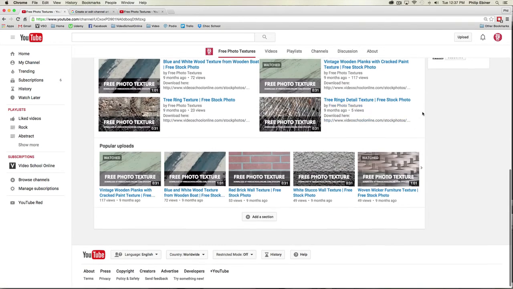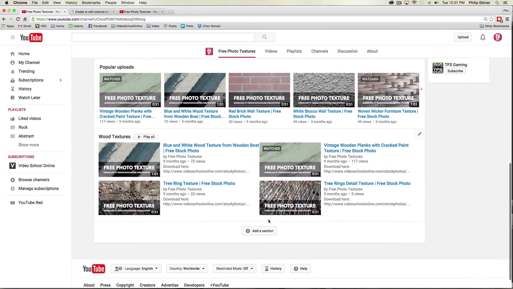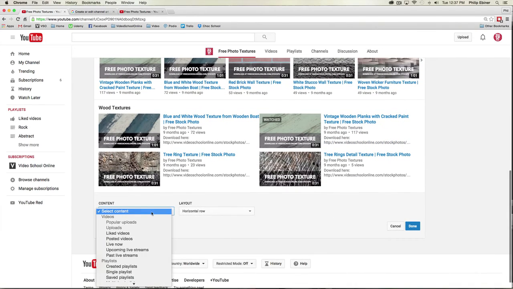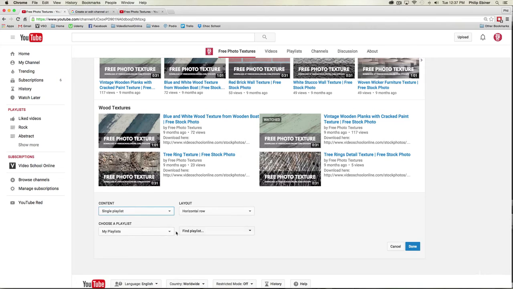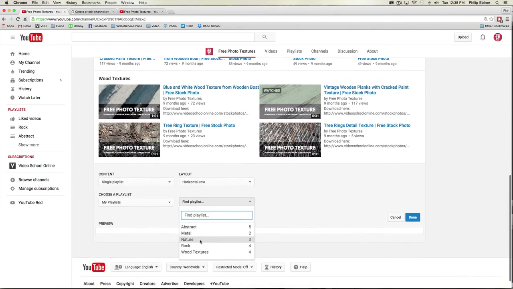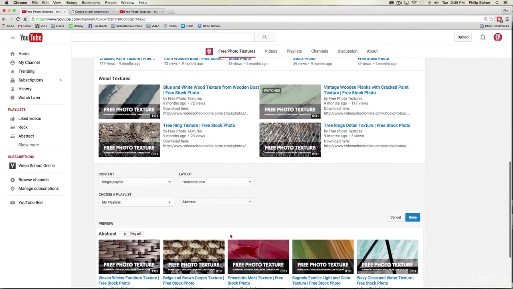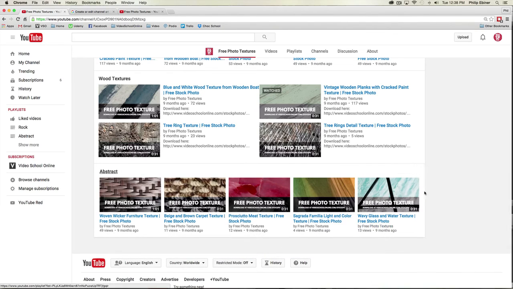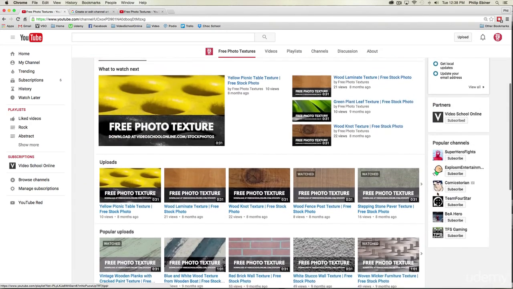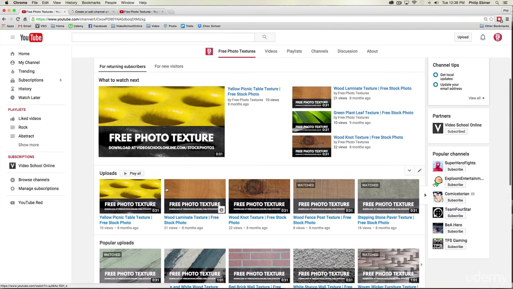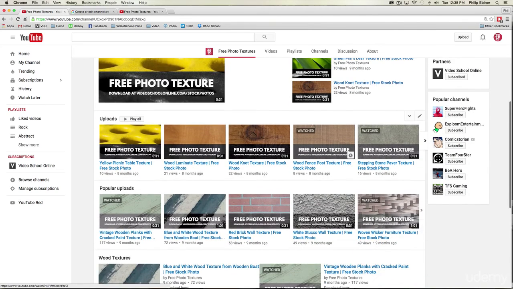And again, you can move it up or down or around. So I'll just do that one more time. Add section. I'm going to create a single playlist. I'm going to find one of my playlists and I will do abstract. And this time I'll just do a horizontal row and I'll click done. And there you go. So I suggest putting your uploads at the top and maybe popular uploads as well. And then I don't think you should put every single playlist of yours unless you only have a couple, but I would just put your most popular playlists right here on your channel homepage, the ones that you want people